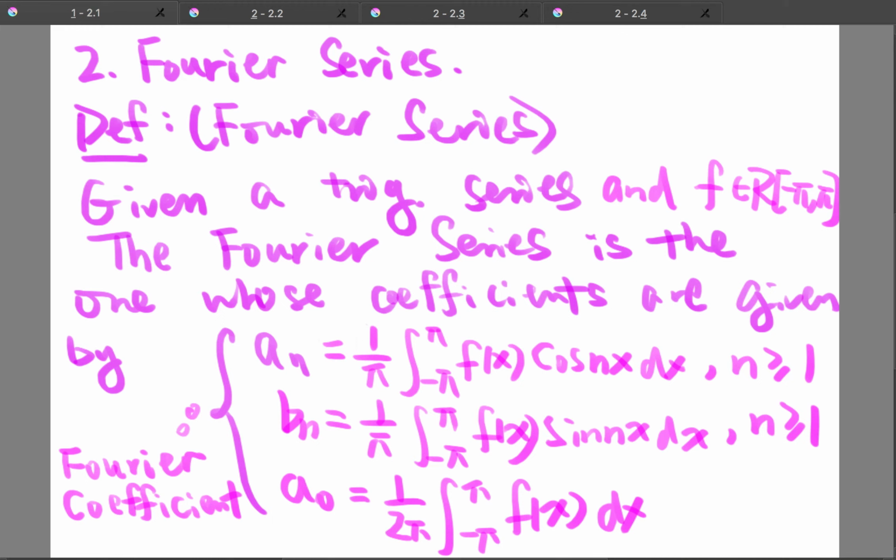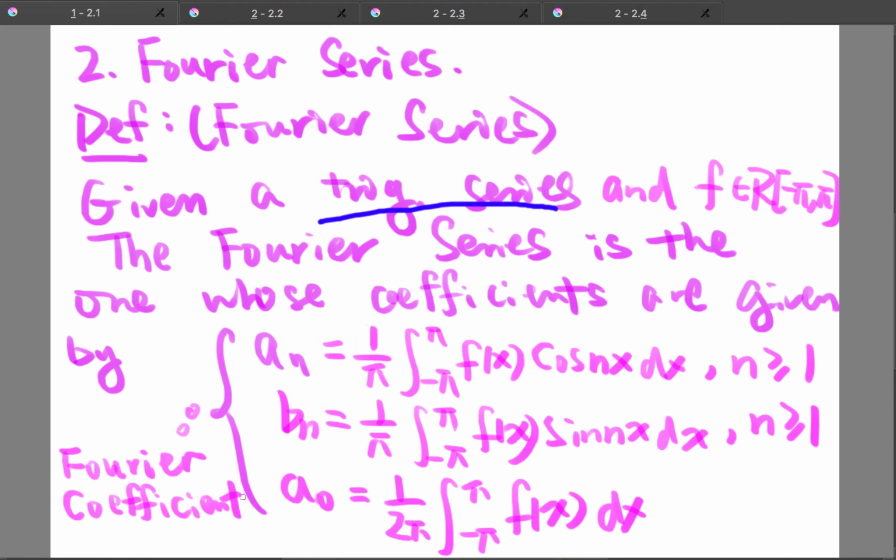In the last video, we introduced trigonometric series, and in this video, we are going to introduce Fourier series. So let's start with a definition. Given a trigonometric series and f which is integrable in the closed interval negative pi to pi, the Fourier series is the one whose coefficients are given by the following manner, and we call these